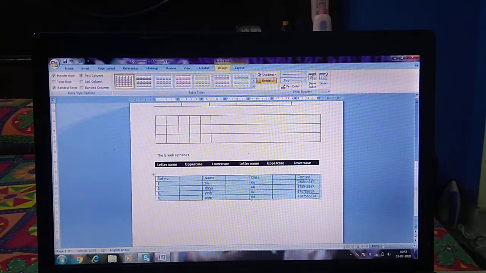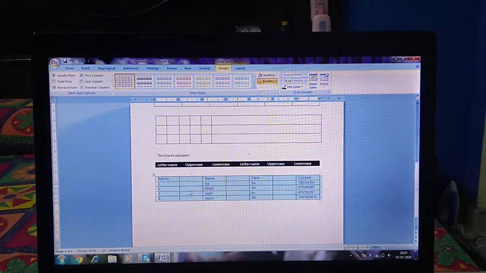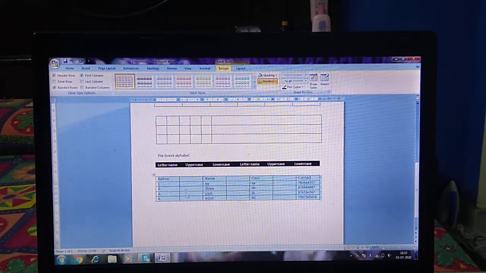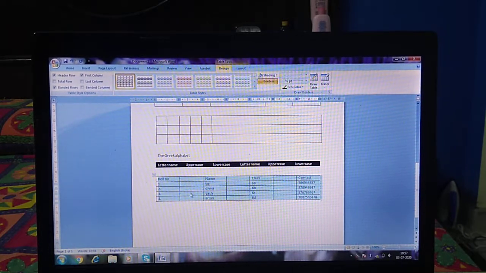Let it be 7 only. Now see. What was the problem earlier? We used a tab in between the columns, so tabs are also being considered as columns. So in total we need to have 7 columns here: 1, 2, 3, 4, 5, 6 and 7.